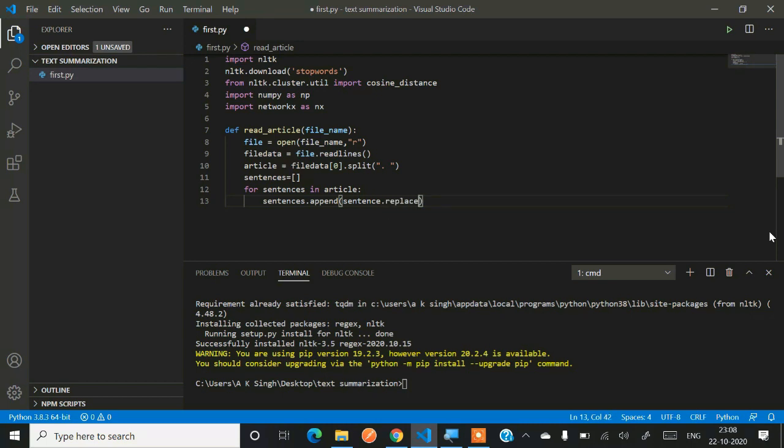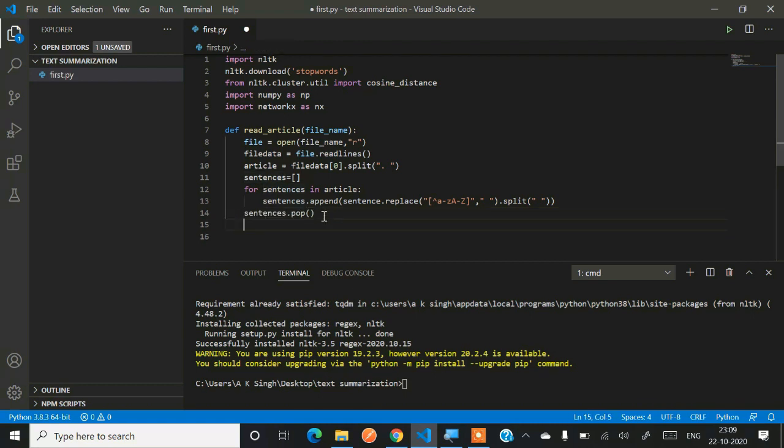So now sentence dot replace. Since we already have a lot of sentences, we are creating a regex kind of thing: at least one of these letters, small a to z, capital A to Z, and then we replace it with a space and just split as per the spaces. So here we have appended all the sentences in the given text. Now sentences dot pop, and at last return all the sentences in the form of a list.